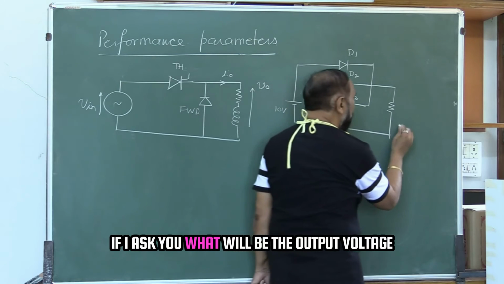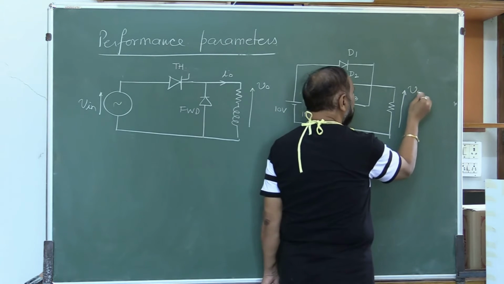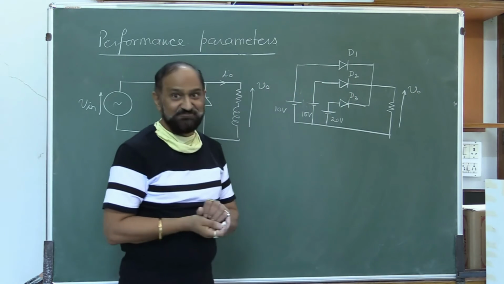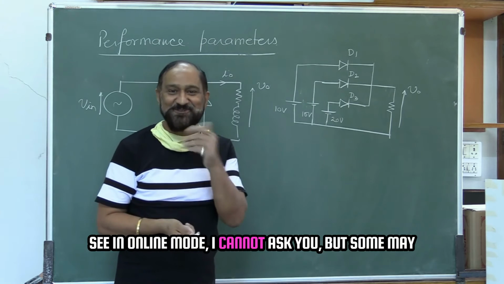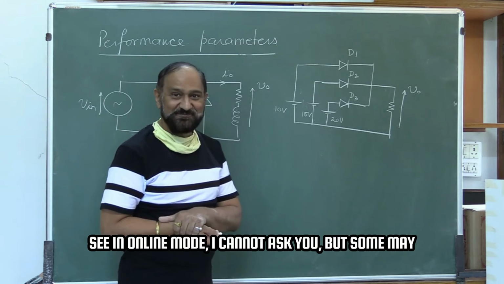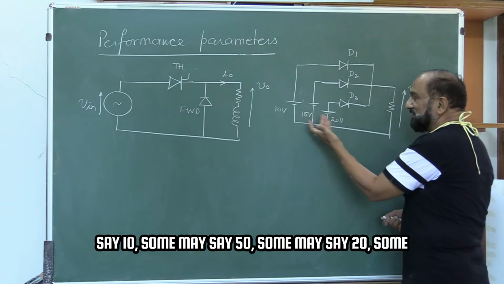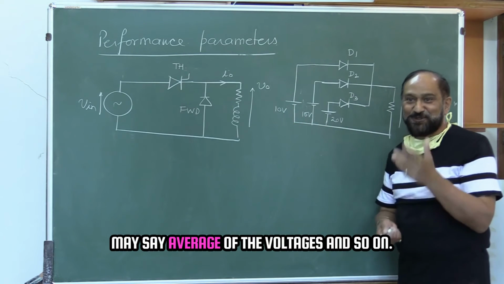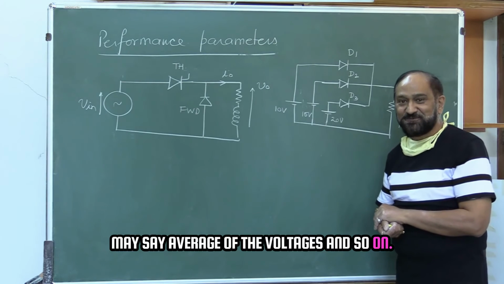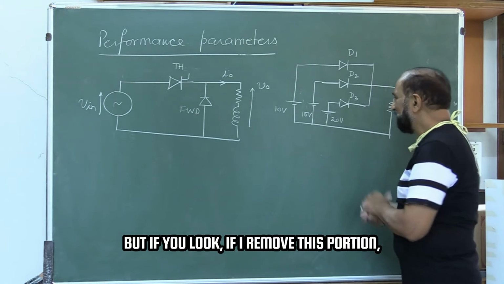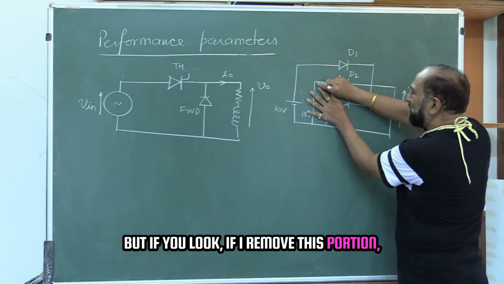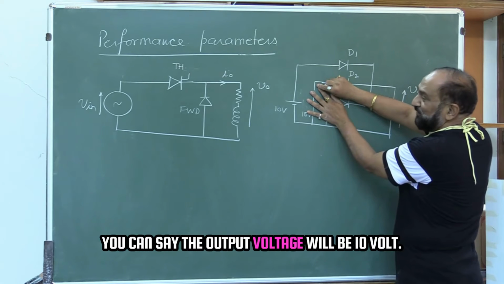If I ask you what will be the output voltage, say in online mode I cannot ask you, but some may say 10, some may say 50, some may say 20, some may say average of the voltages and so on. But if you look, if I remove this portion, you can say the output voltage will be 10